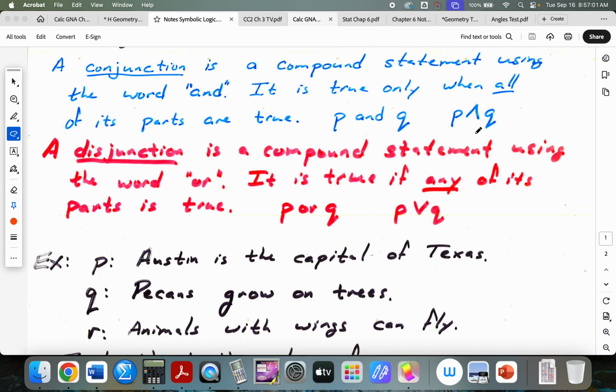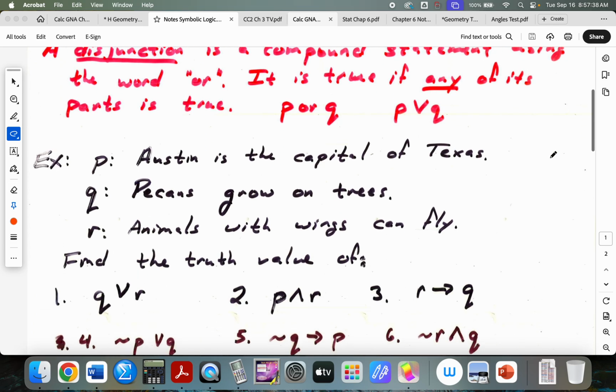Okay? A disjunction is a compound statement using the word or. So this isn't quite the same as it is in English, where a conjunction is pretty much any of those linking words: and, or, but, etc. In math, or is a disjunction. It's true if any of its parts is true. So in words, P or Q, symbolically P ∨ Q, and this looks like the upside down of the conjunction. So it's or instead of and. So let's look at some truth values